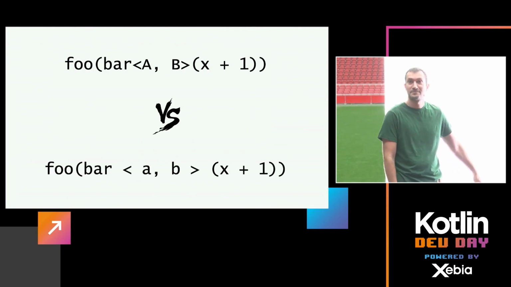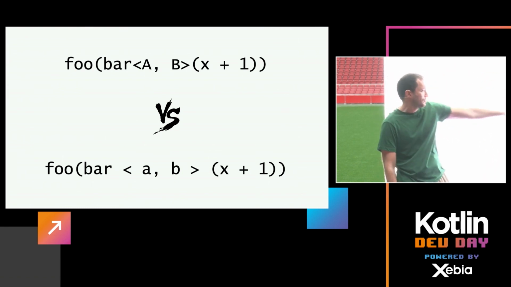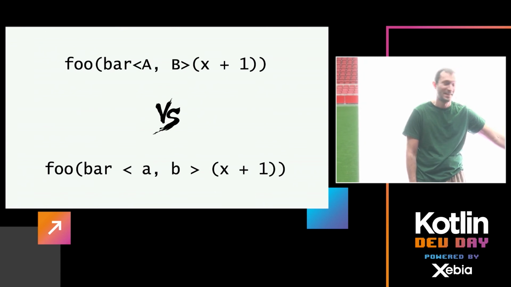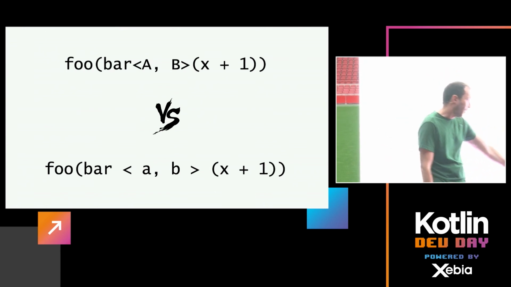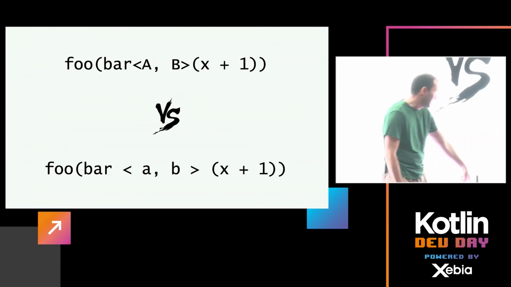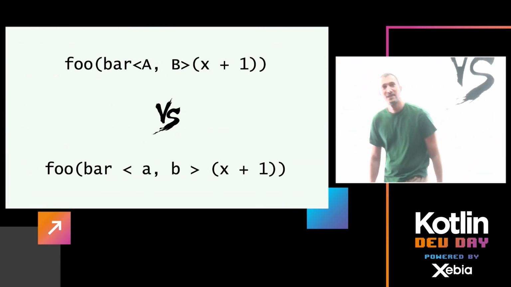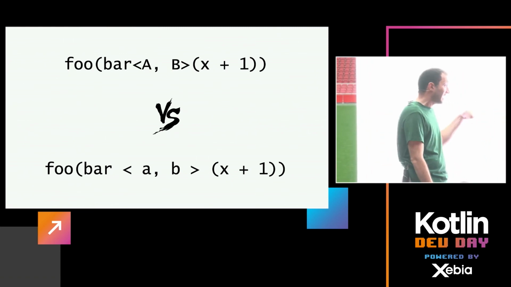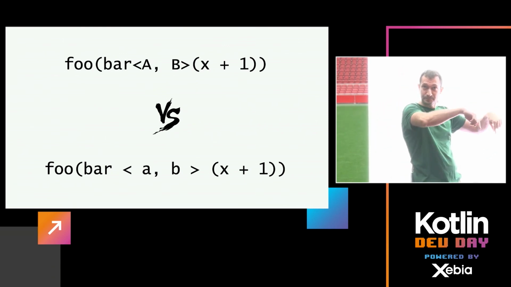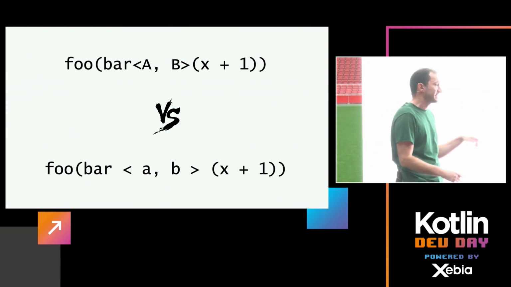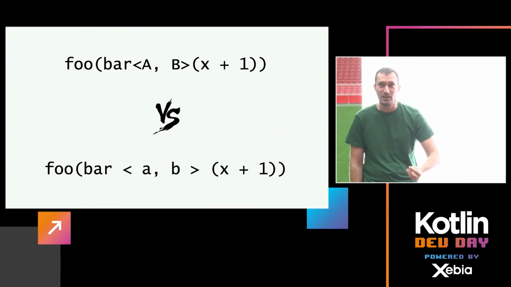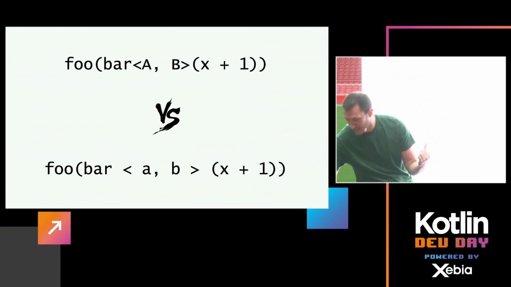Look here. I just changed the big letters to small letters to make it clearer. It's function foo of bar less than a, comma, b greater than x plus 1. And how should the parser know? This is why Java has it this weird way with angle brackets on the left, and this is why Scala uses square brackets, because this grammar is inherently ambiguous. It's mathematically impossible to solve this unless you're C#